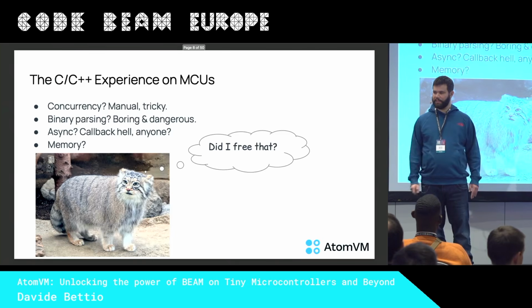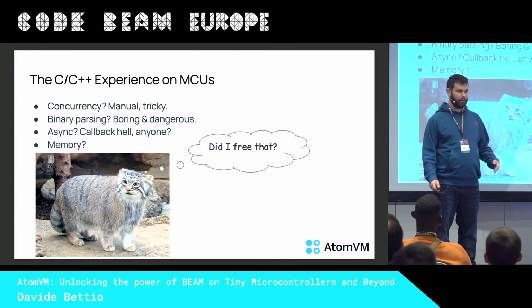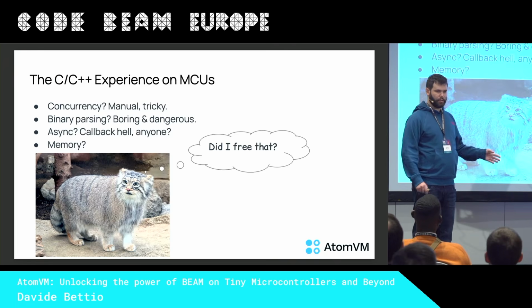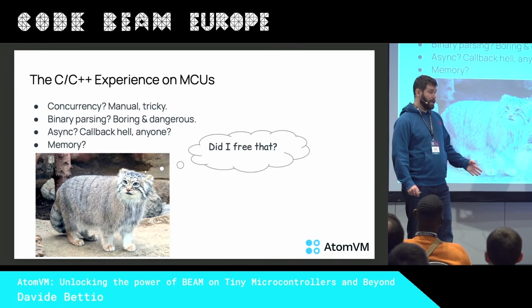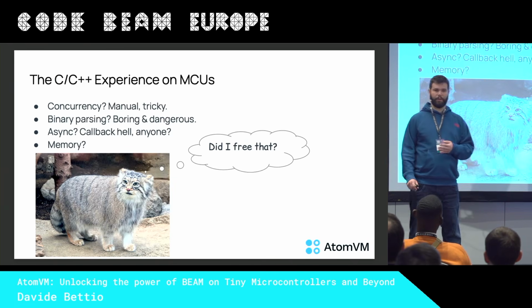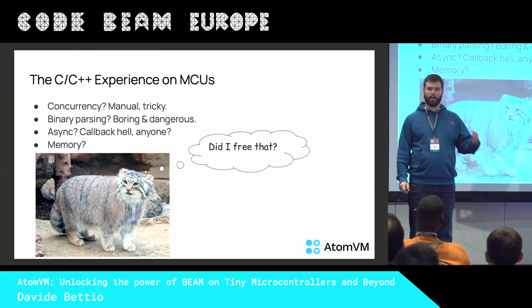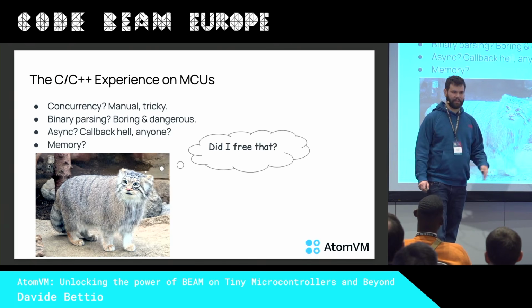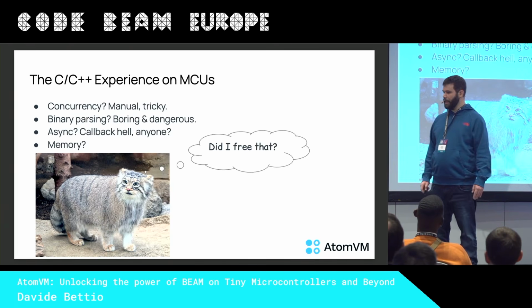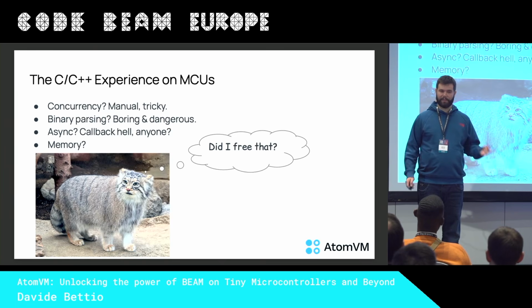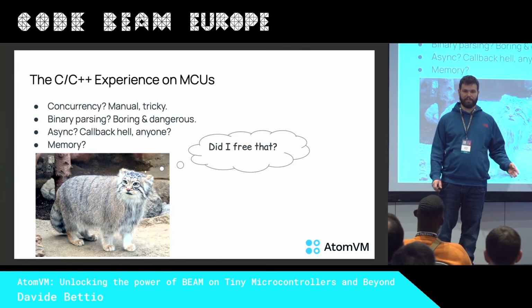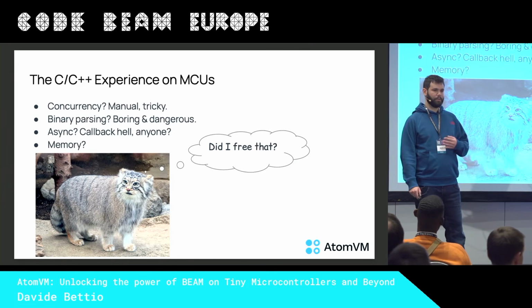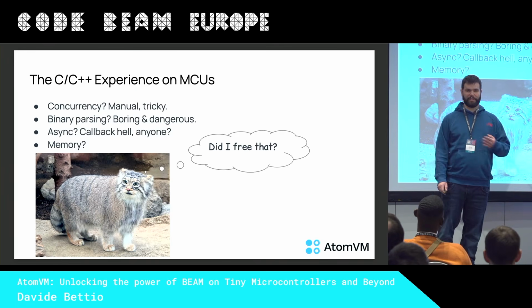And if we think about C and C++ and the hardware I just mentioned, you have two cores. And when you have two cores, you think about concurrency. And when you think about concurrency with C, you end up thinking about mutexes, locks, spin locks, and all that stuff that can be very tricky to work with. And also, if you think about data coming from sensors, you can think about parsing data. Parsing data in C, in the best situation, is just boring. But if you deal with untrusted input, you have security concerns.